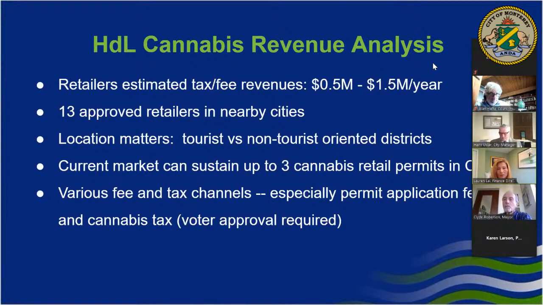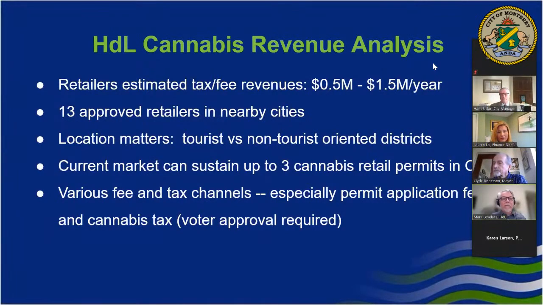If you don't mind, we'll have Mark Lovelace speak to that. He is the author of the report and the study. So Mark, I believe you're on the call. I would love to have you give an opportunity. Okay. Hello. By way of introduction, I'm Mark Lovelace. I'm policy advisor for HDL Companies and primary author of the report. When we look at, particularly with retail, the capacity of the market to absorb new retailers, as noted, we look at the number of existing businesses that are already in the area, and we look at